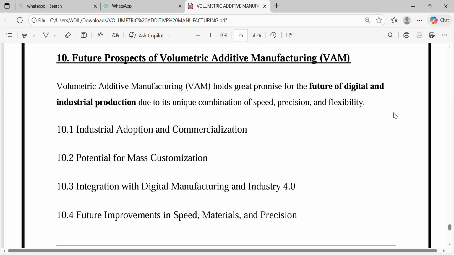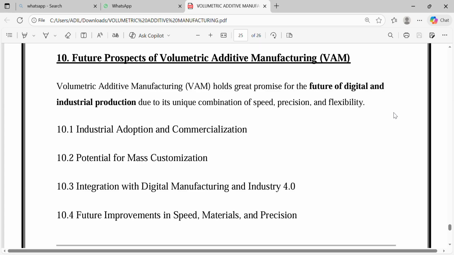This probably highlights VAM's capability for mass customization. Since VAM combines speed and precision in manufacturing, it could enable industries to produce customized products on a large scale efficiently. Third future prospect is integration with digital manufacturing and Industry 4.0. Here the focus is likely on how VAM can integrate with digital manufacturing technologies and the principles of Industry 4.0. This could involve discussing how VAM aligns with and enhances smart manufacturing, automation, and data exchange in manufacturing